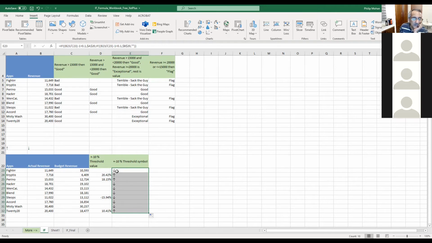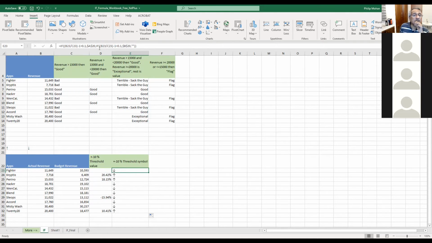Okay, we missed out something because only these four should have been highlighted. So let's see where I went wrong. Now, this is a matter of logic. It's nothing to do with the if or the or. I'm saying if this one is above 10%, then put this sign. That's fine. So far, so good.